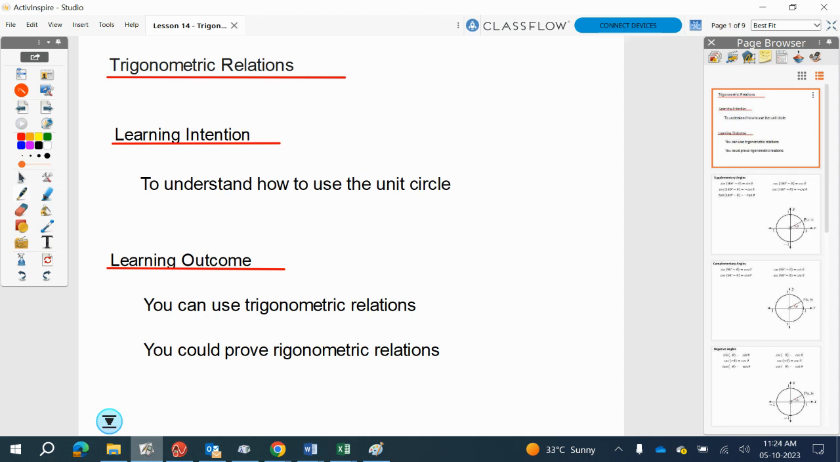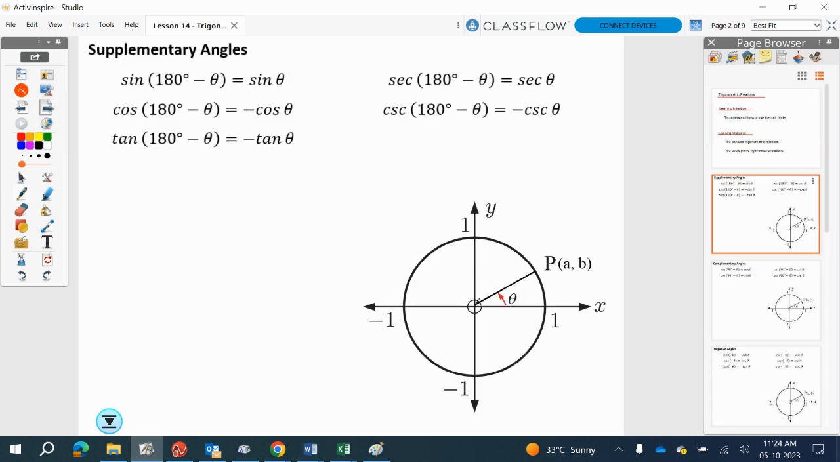Okay, we are looking today at trigonometric relations. We're going to be using the unit circle a little bit. So I'm going to show you how to make simple proofs using the unit circle. That's our first goal. So we have a bunch of formulas here for supplementary angles, and we wish to create